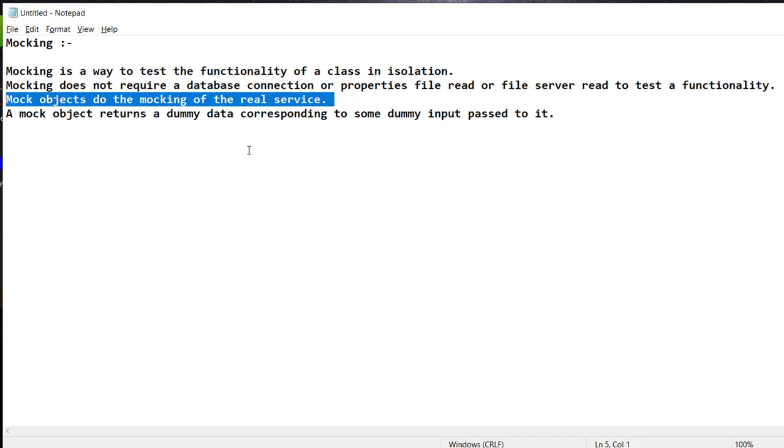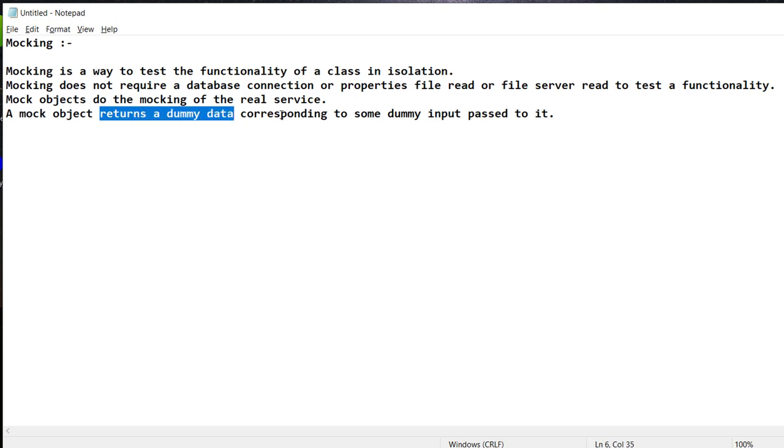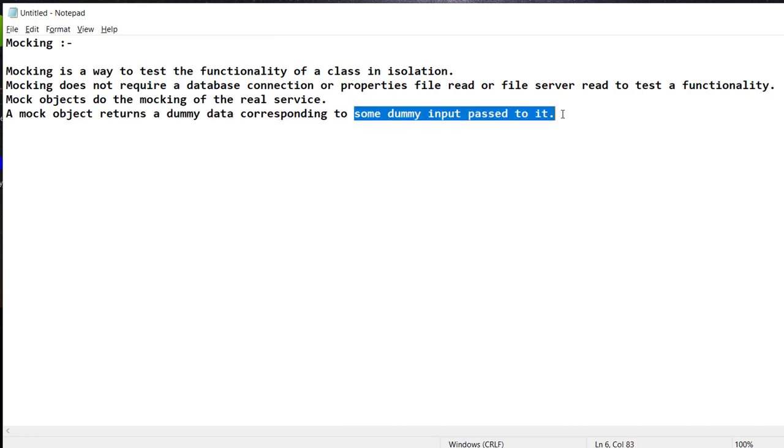We simply create some mock objects out of the services, and then we can use them like real objects of the services. A mock object returns dummy data corresponding to some dummy input passed to it. So we just pass some inputs and it gives the dummy data.